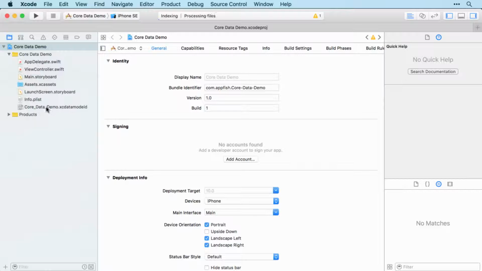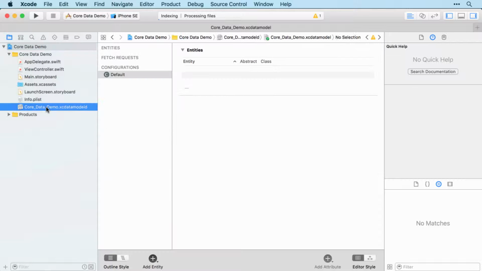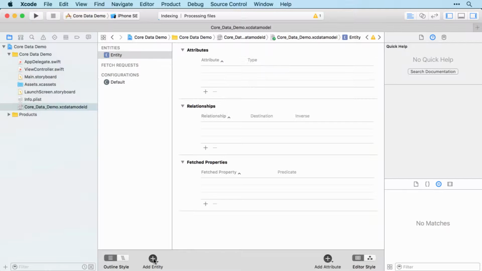Hopefully you'll spot this file on the left there, which is our data model. So our data model is much like a database structure, or if you like, an Excel spreadsheet. We start off with an entity, which is like a page on a spreadsheet or a table in a database. So I'm going to